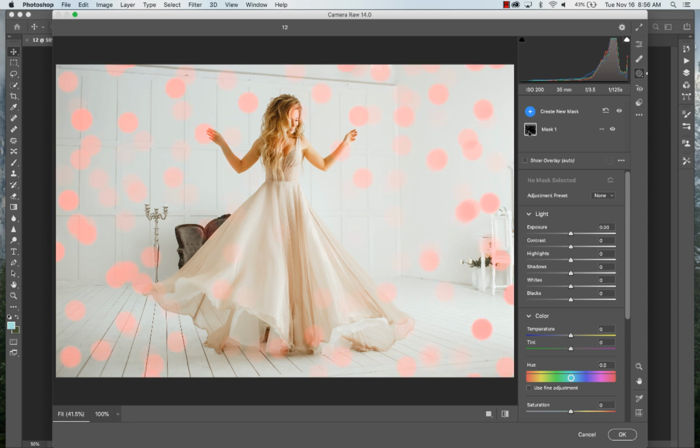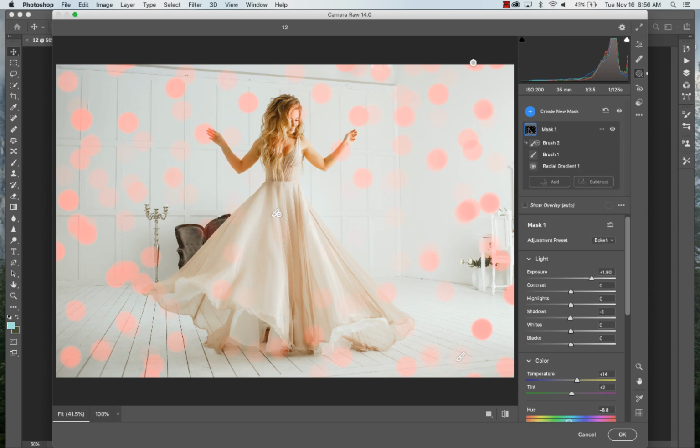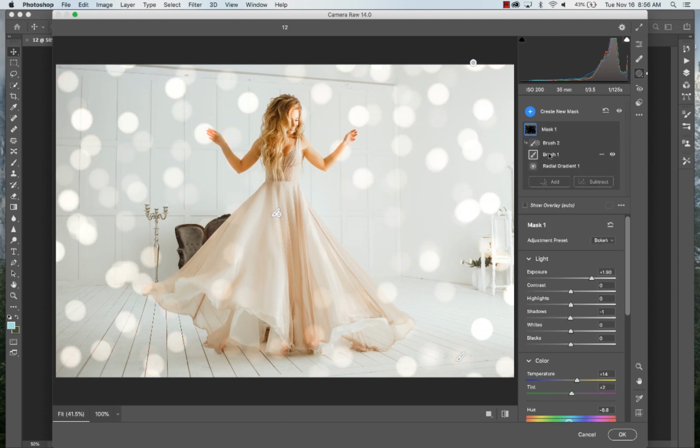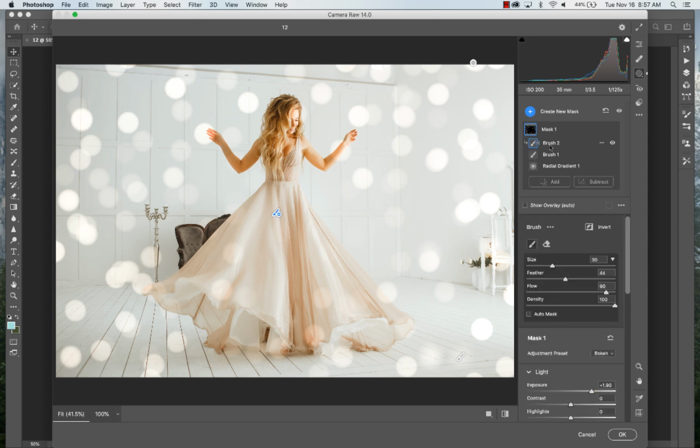I feel like it actually makes it easier. So you just click on that and you've got the radial gradient, the brush 1 and brush 2. The brush 2 is where you're going to need to select in order to take away. So I'm just brushing off of her. There we go. So now we've just got it kind of surrounding her, and this is where you can change